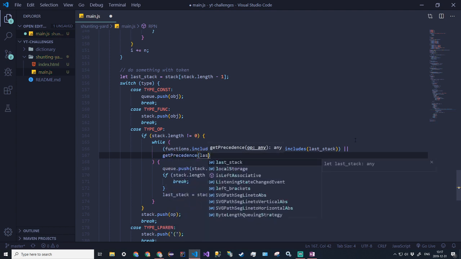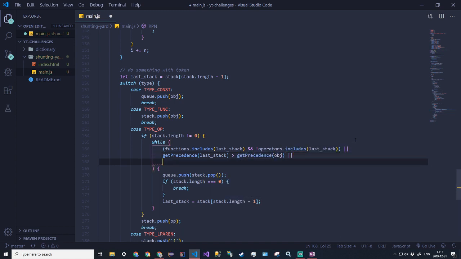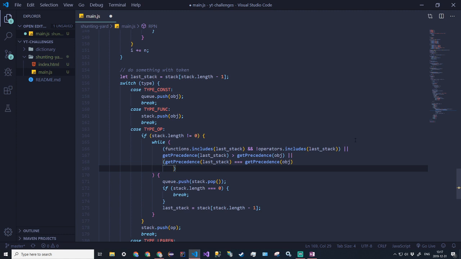of the last stack, and if it's greater than get precedence of object, or get precedence of last stack is equal to get precedence of object, and and is left associative